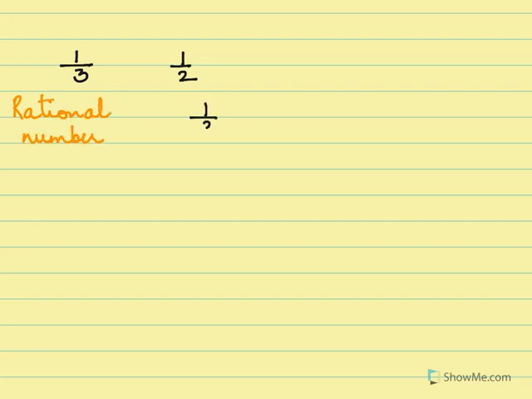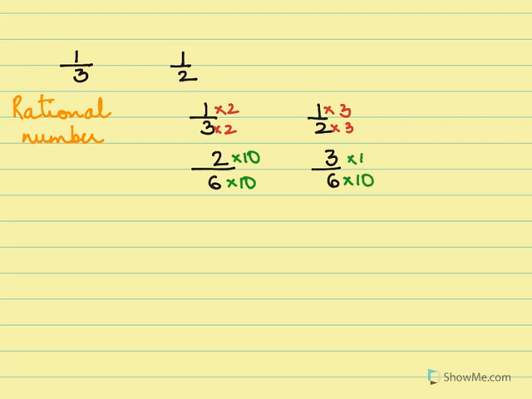To find the rational number, we need to have the same denominator. So we take the LCM, we put 6 here, and 6 will be the LCM. So this would be now times 2 and times 3, and here you will get 2/6 and 3/6. We need to create yet another gap because between 2 and 3 there's no gap, so times 10 and times 10 again, and now we are going to get